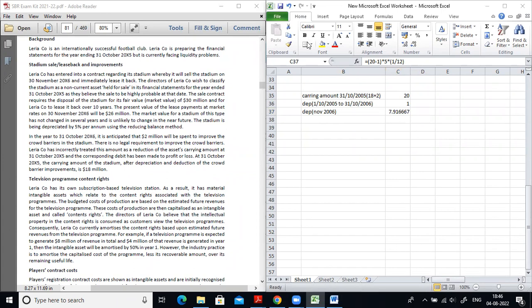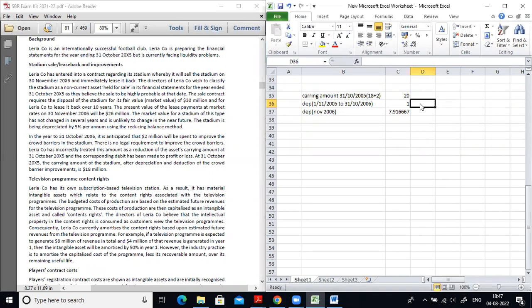The 1 million is for 12 months. Sorry, a small correction: the financial year ends on 31st October 2005, and the next financial year will end on 31st October 2006. So this will be for 1st November 2005 to 31st October 2006. I hope it is clear. Instead of October, I typed it wrongly, so just consider that. Clear?